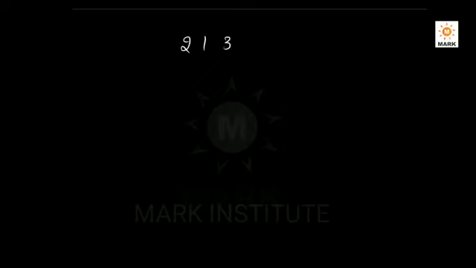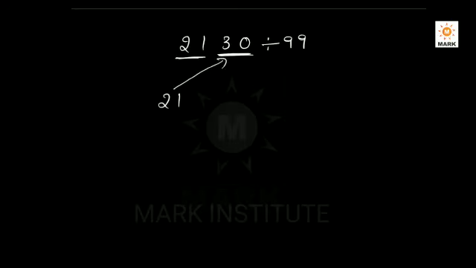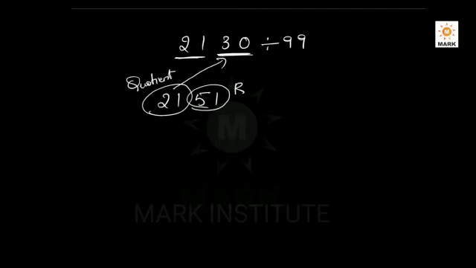Suppose 2130 is the number. I am going to divide it by 99. Friends, that means make sections from the units place, taking 2 digits as a single set. That means 30 is a set here, 21 is a set here. So write 21, same process as 9, but now we are doing it with 2 digits. Write 21 as it is. Again 21 plus 30, 51. So here 51 is nothing but your remainder. 21 is your quotient. So when we divide 2130 by 99, 21 will be the quotient, 51 will be the remainder.